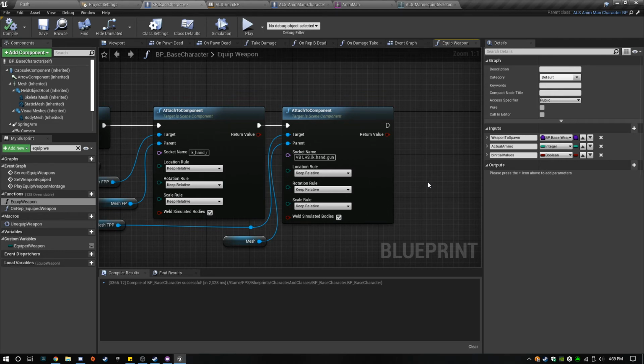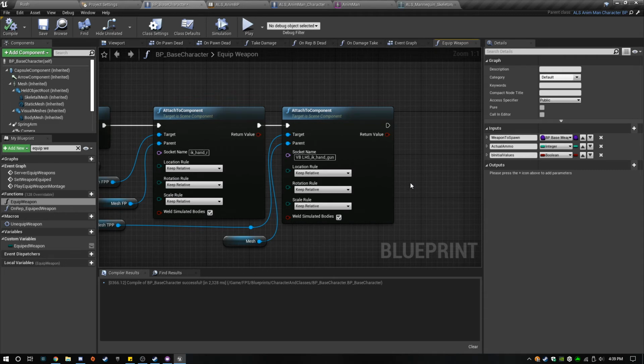So for example, if we have the bone and we have a socket, rather than moving the socket for every gun, which you can't really do well in real time, if we keep it relative, say a sniper rifle that's a little bit bigger than an M4 and we have to move the rifle, it allows us to move the gun on an offset a little bit easier in the person's hand. So keep relative is just a little bit more flexible than snap to target.